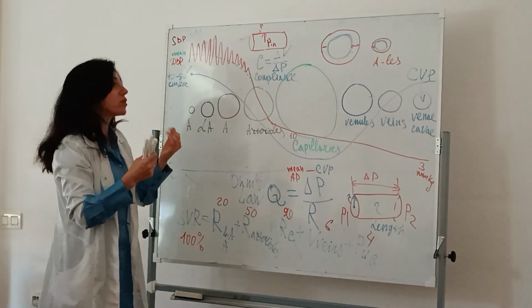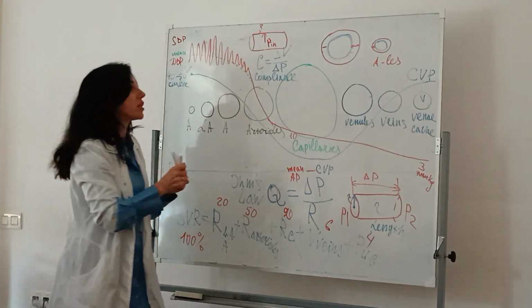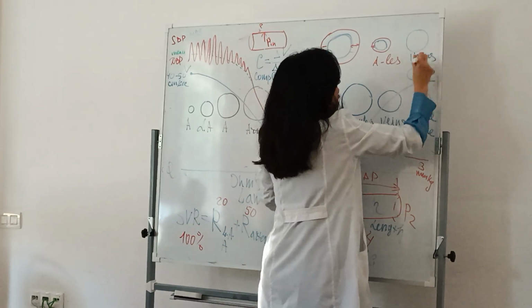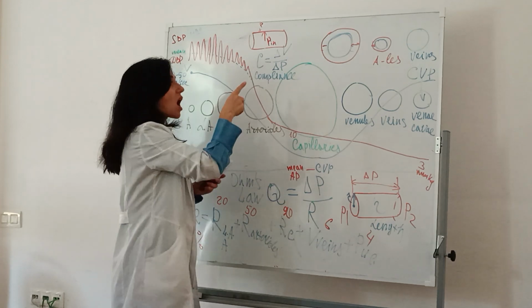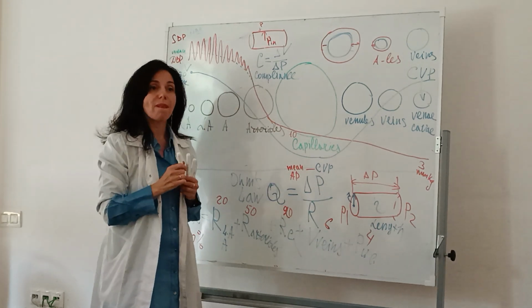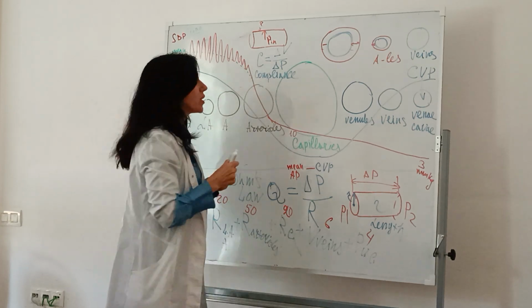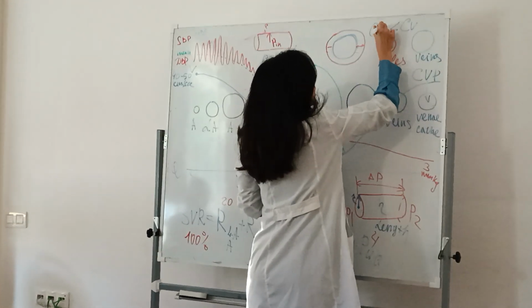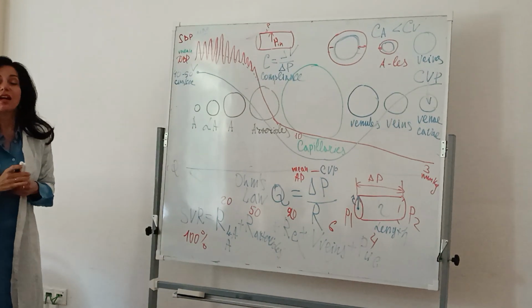What is the difference in compliance between arteries, arterioles, and veins? Which blood vessel has higher compliance, arteries or veins? Veins. Compliance of veins is more than compliance of arteries. Understand? Veins are